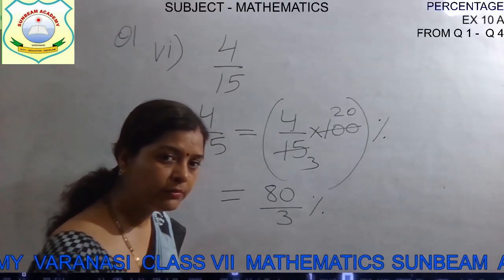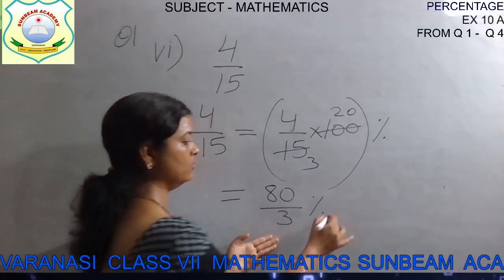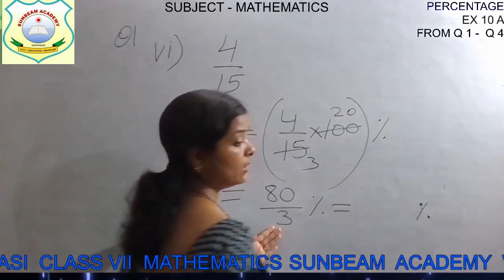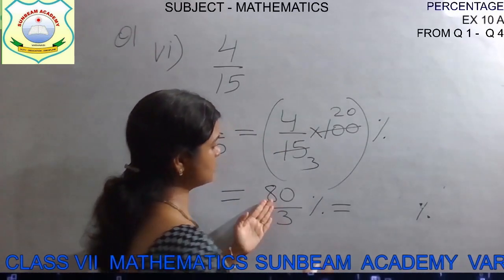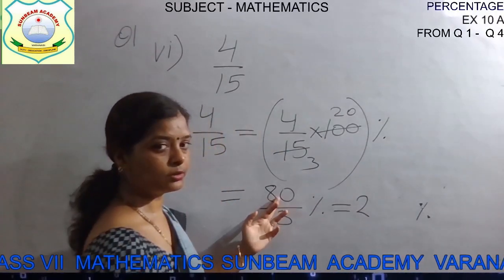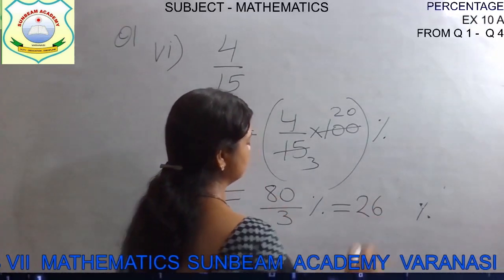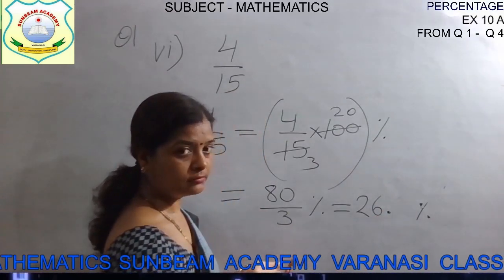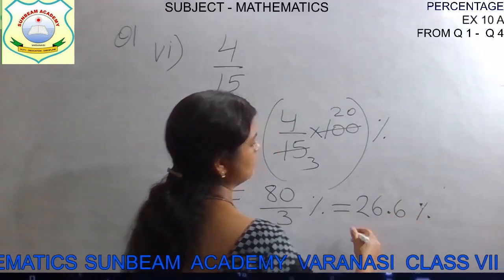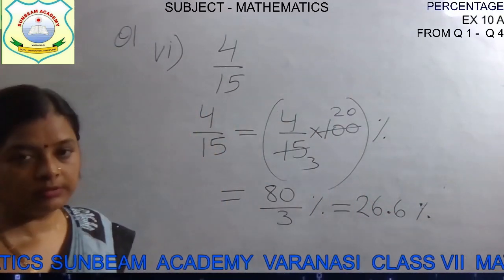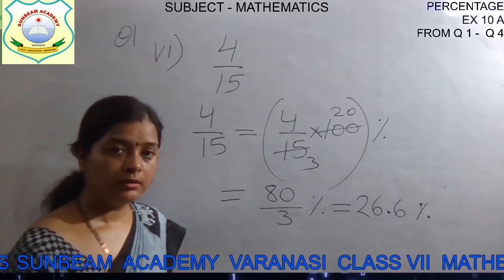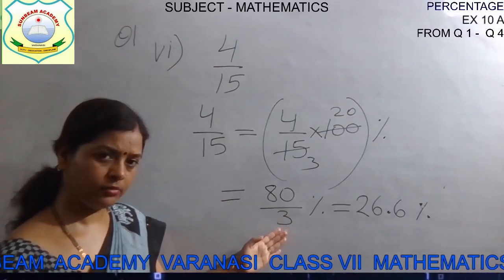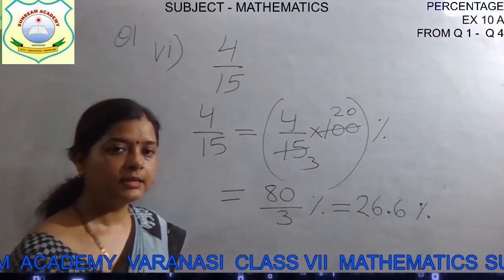Or further you can simplify, children. You can solve this. How? The percentage sign will remain there, children. You have to put the percentage sign always. Now after that, 3 2s are 6. 2 is left, 20. 3 6s are 18. Again 2 is left. Dot means decimal. Then 3 6s are 18 and so on. So it will have the value in this way, 26.6%. You can write it as this also, whatever. You can leave it till here also. Now let's see the next question.